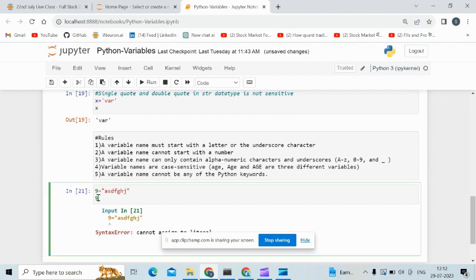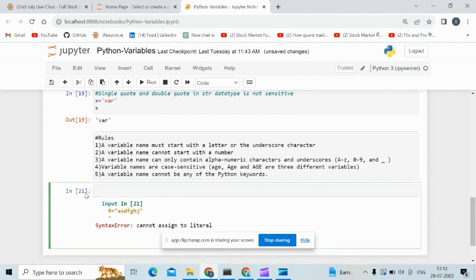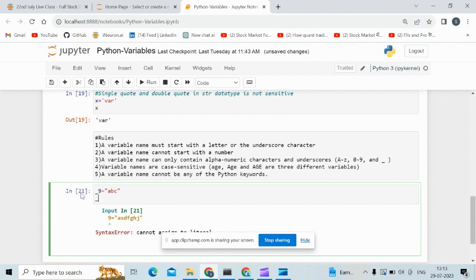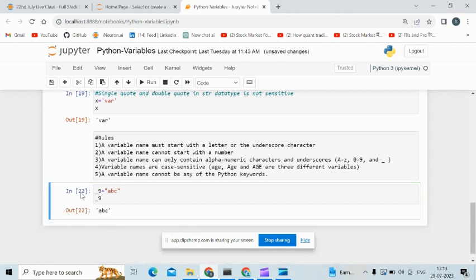So we can't assign a number at the start, but we can assign a number not in the start value. So if we take the underscore value and then assign 9 is equal to